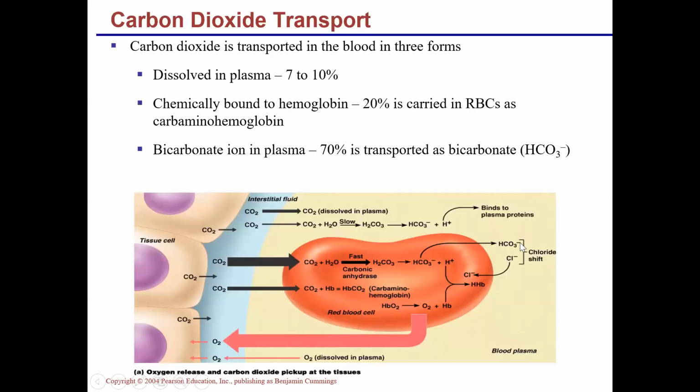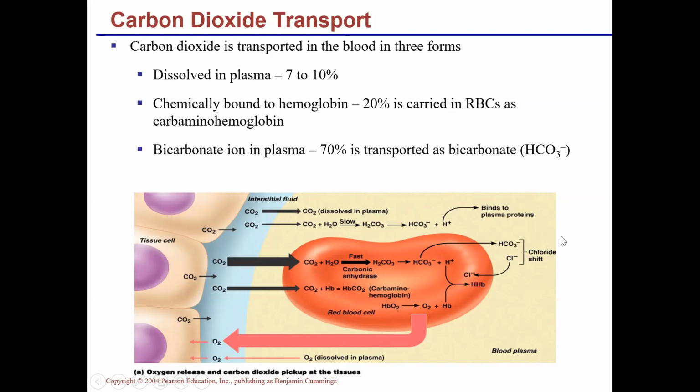Because it's a charged particle, it can dissolve in water and then travel in the form of bicarbonate ions. So this mechanism, we call it, the CO2 is transported in the blood in the form of bicarbonate ions. As long as you remove bicarbonate ions into the plasma, you can continue this reaction. CO2 will continue to be converted to bicarbonate ions and dissolve in plasma and travel in